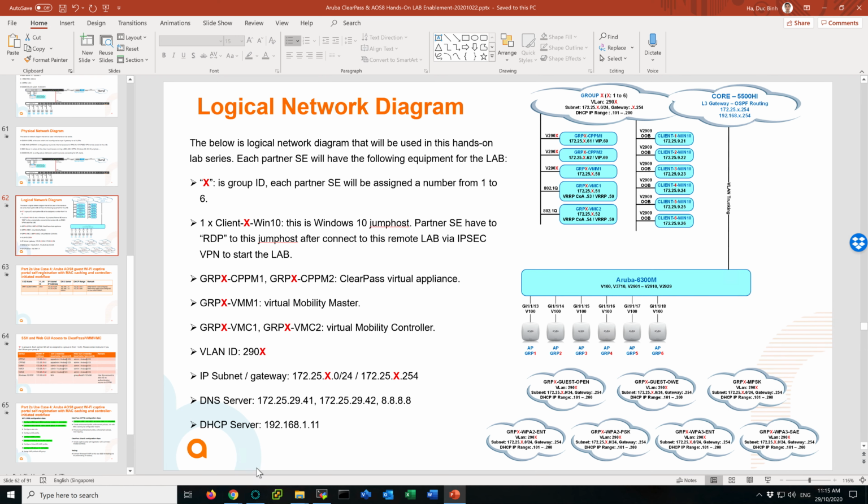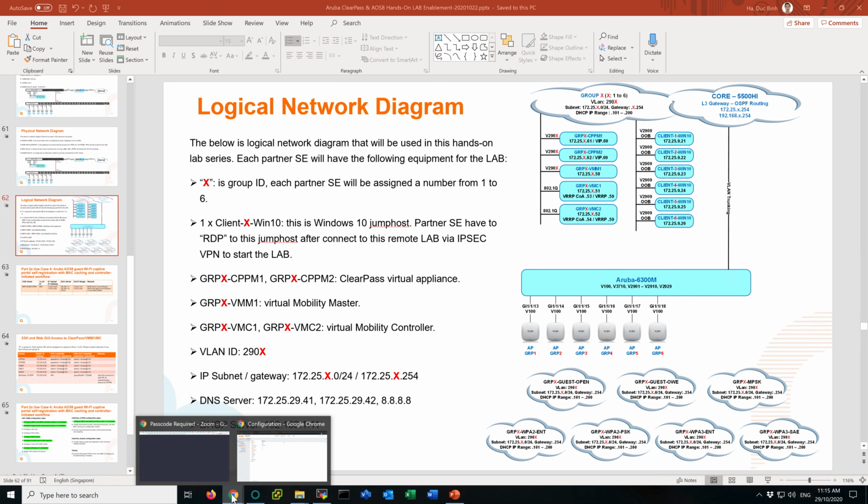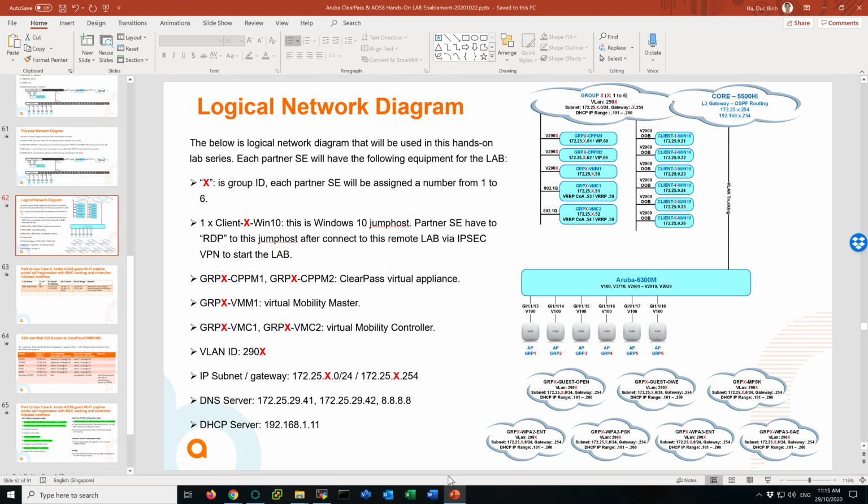Now you may ask me, if I do that, what if it is the same, I might make a mistake and I just want to create a new SSID for this testing. Then it is possible. It means you can create a new SSID, define the new name there, then you will treat this one as a totally new use case for you, right? All right, so let's go to the